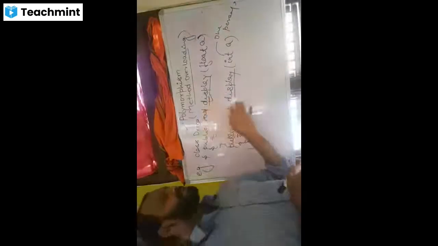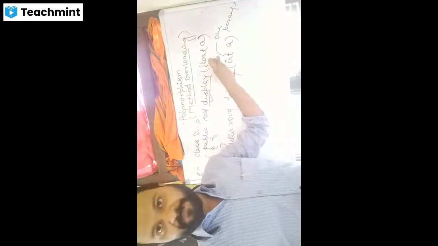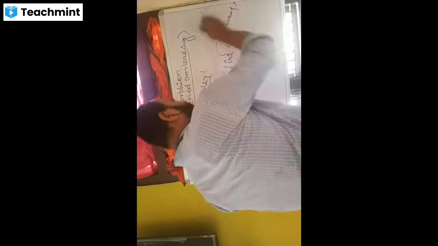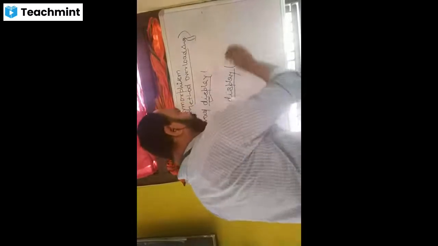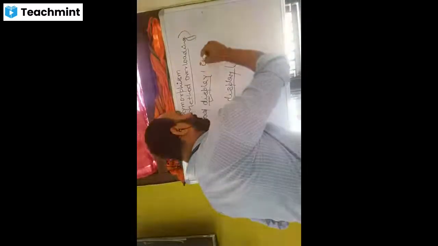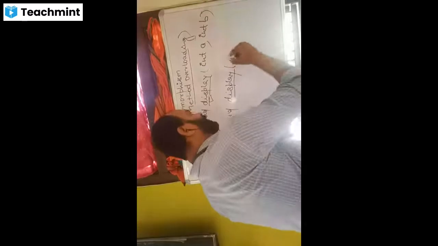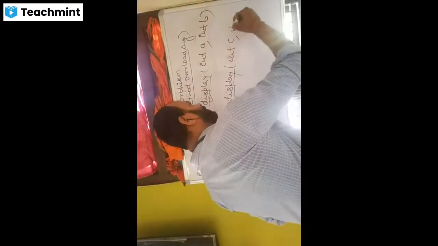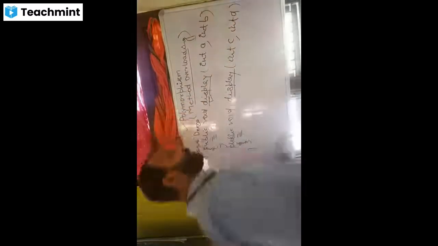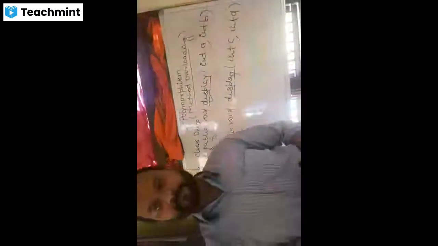See, not only the method name, but the type of parameters also should be different. It should not be the same. Suppose here you are writing, and it must be clear. If you have any doubt, you can unmute yourself and ask me. So if you write here int a, comma, int b, and the second one int c, int d, what do you think? Is it an example of method overloading?